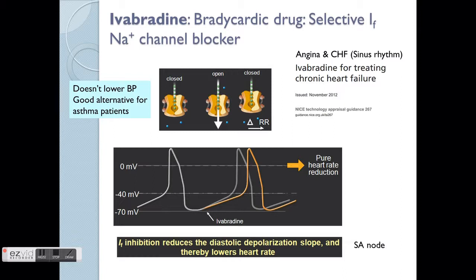So the good part is that it doesn't lower the blood pressure, so it's a good alternative also for asthmatic patients who, as I say, can't really use beta blockers that much. Right, so yep, reduction in the sodium channel. The effect of it, you have to refer back to the physiology of how the heart works. The sodium channel is part of causing the depolarization of the membrane. So when you reduce that, the depolarization becomes slightly slower, and therefore causes an overall reduction in